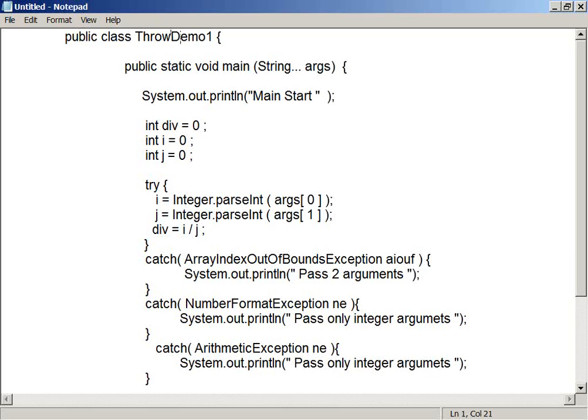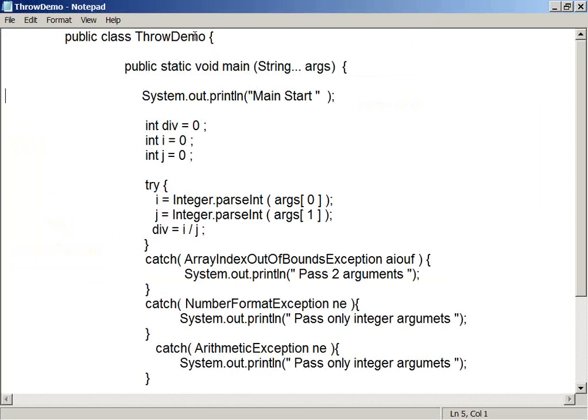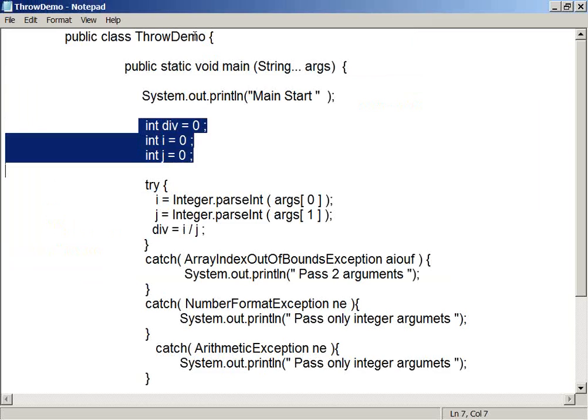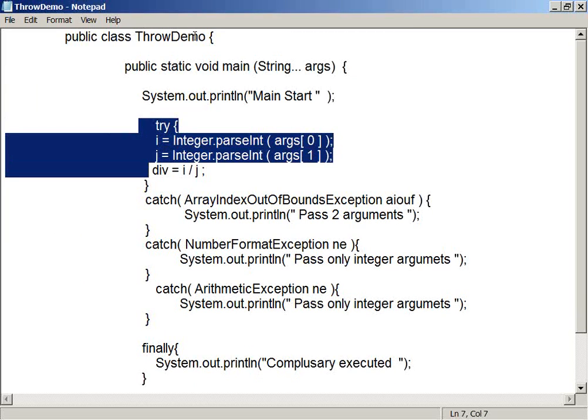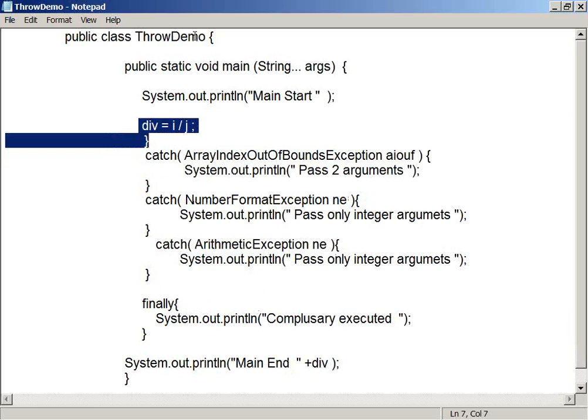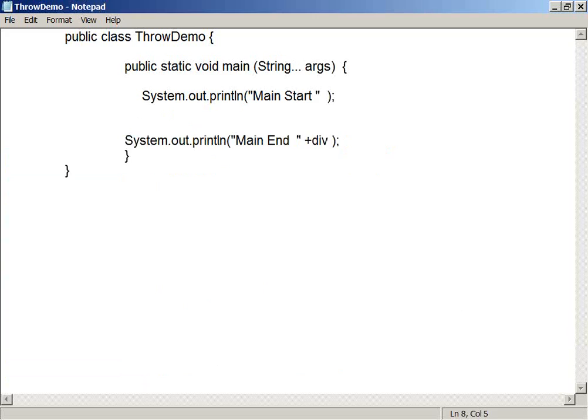For this I'm going to take the same example with a different name, .java. Let me remove whatever I did here, it's not required. Main start and main end, only those two statements.